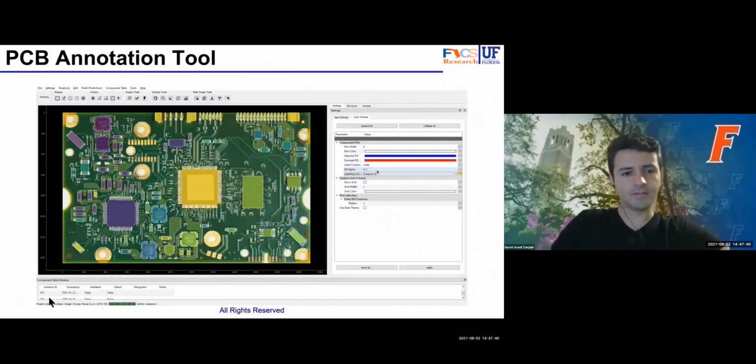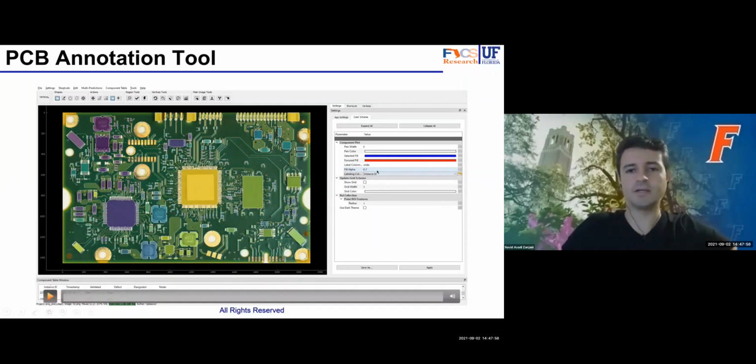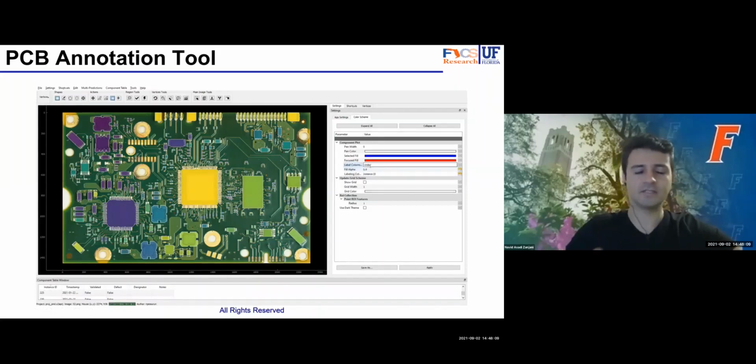My next two slides are a quick demo of the tools we are building for it. This one is a tool called S3A. Student Nathan is working on it. It gives you a good interface to help us add labeled components on the PCB to the database. This is a project that has a public and private part, so we can't release everything. But the public part, which uses algorithms that are publicly available, is available